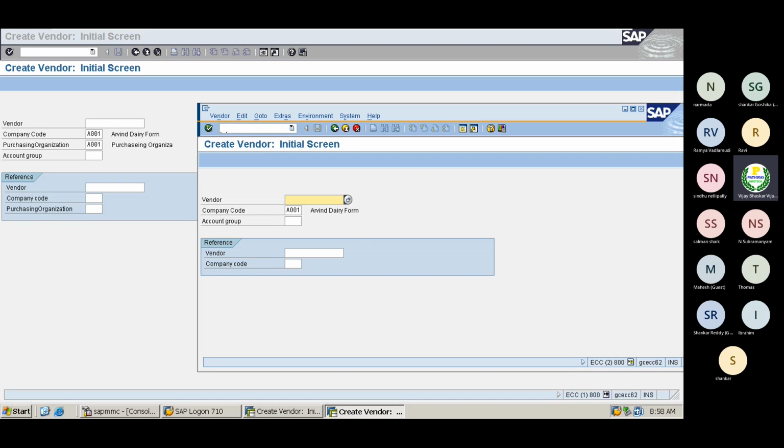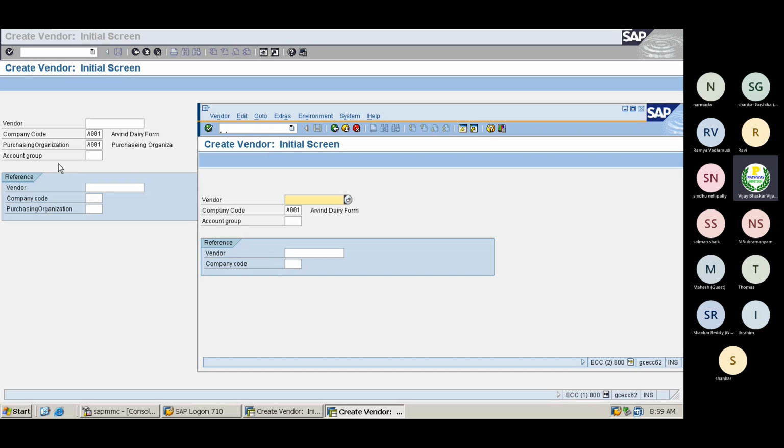Now you can see here, this is my FI vendor creation. For FI vendor creation, I don't see the purchasing organization. Purchasing organization comes into the picture when I want to enter purchasing related information. But for FI, it is not relevant. The system has been designed so that this is for FI vendors where you don't have purchasing organization data.